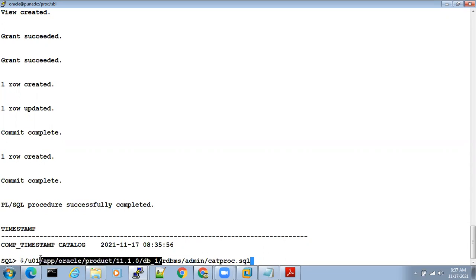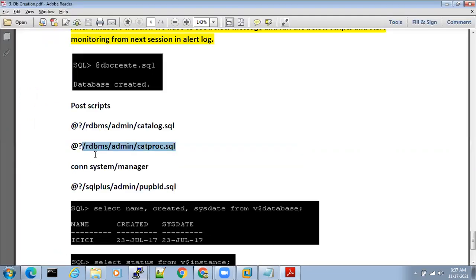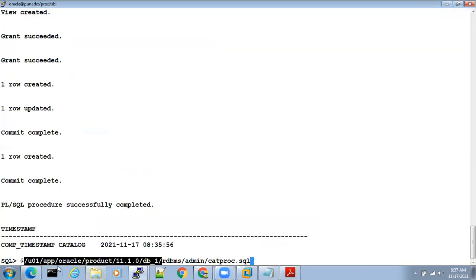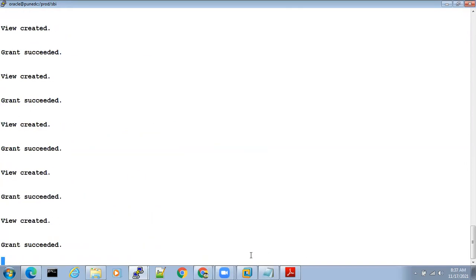Till here it is Oracle home, right? So I can give a question mark instead of typing all of this, then /rdbms/admin. But just for your understanding, I'm giving the full path. See, it is executing now.